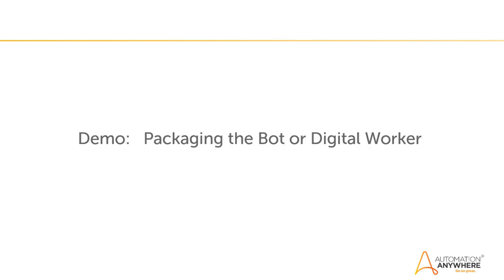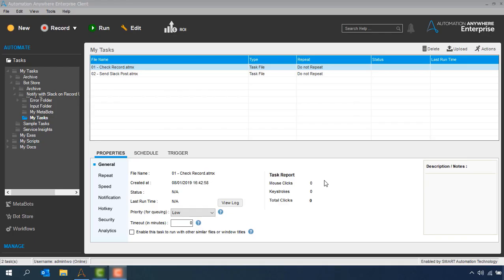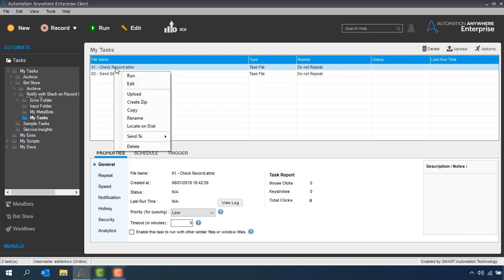Now let's look at the process in action. In this Slack bot, I have 2 ATMX files and 1 mbot file. So now let us look at how to create a package from the client. Right click on the first ATMX file, click Edit.